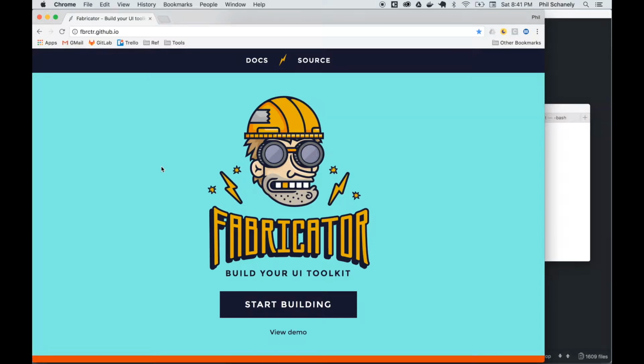In this video, I'm excited to show you how to use Fabricator. So this tool essentially allows you to build your own UI toolkit. What that means is that you could liken this to what you might have seen in Bootstrap or Materialize or